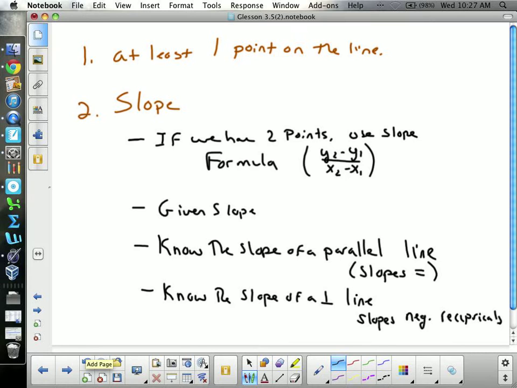So basically 4 different ways we can get the slope of the line. By calculating it, because we know 2 points. If we're given the slope, which is nice. By knowing the slope of a parallel line, in which case the slopes will be equal, or by knowing the slope of a perpendicular line, in which case the slopes will be negative reciprocals. Okay? So usually we find the slope first, then the point. Once we know those 2 things,